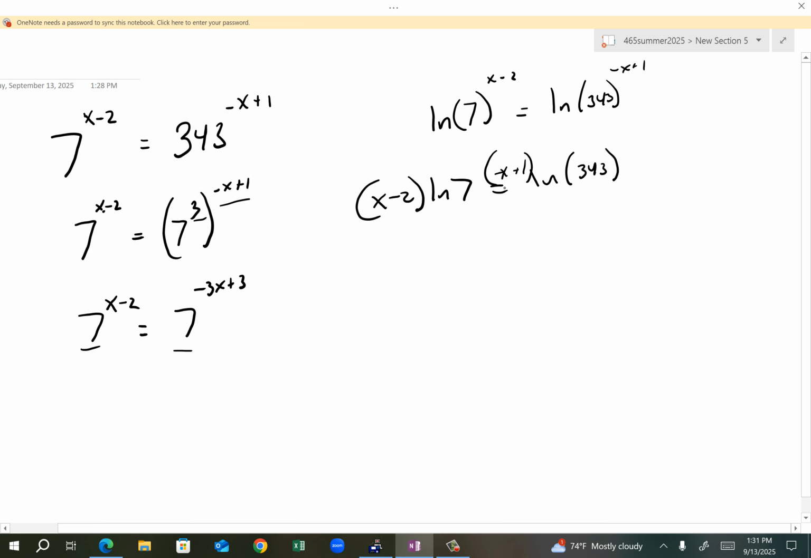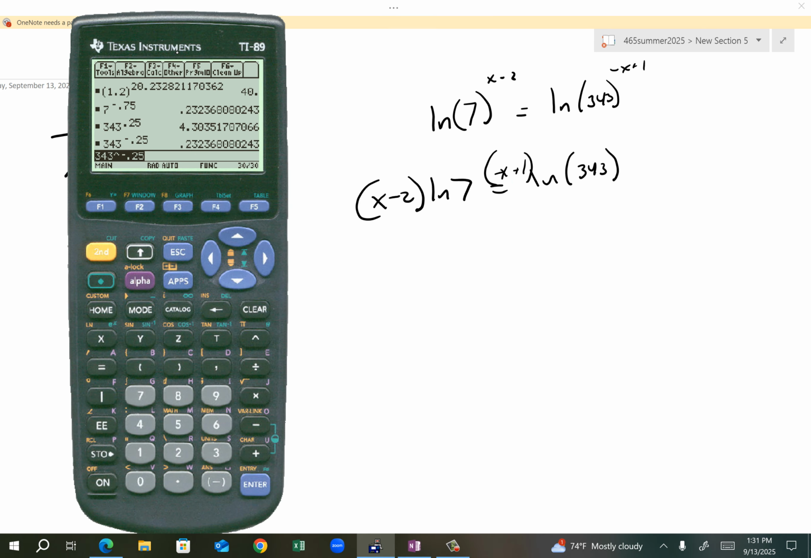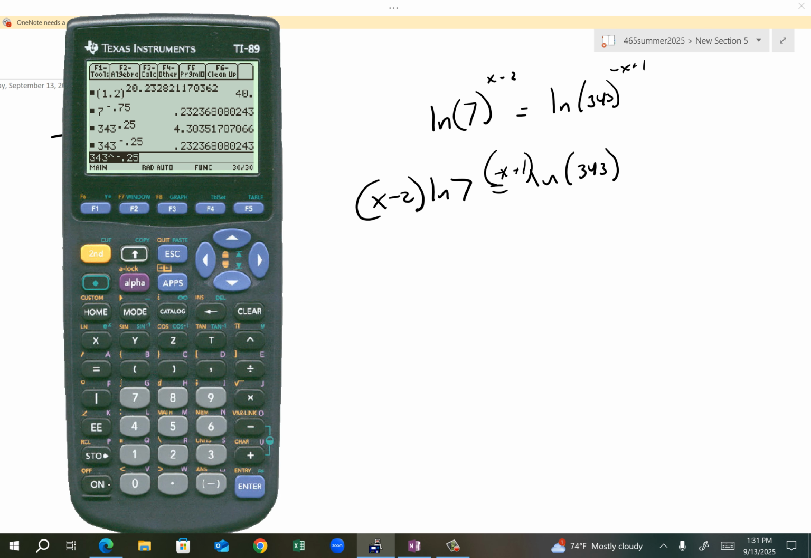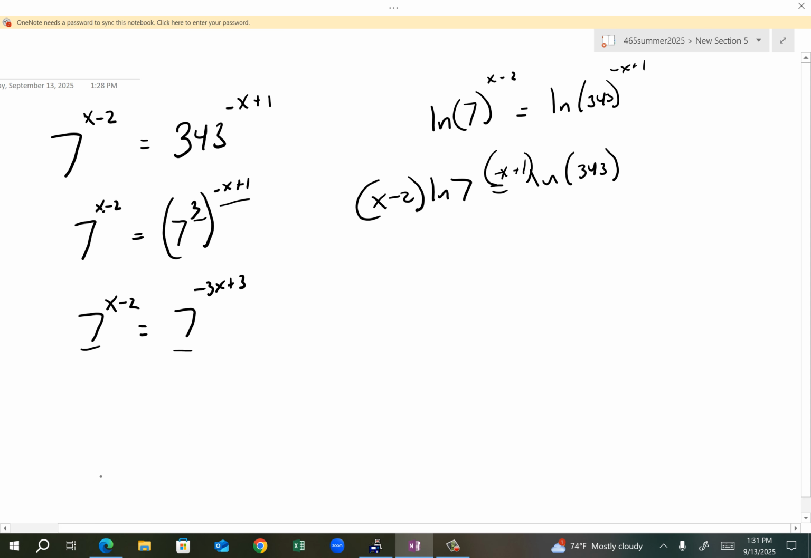And bring that out front like that. Now the ln of 7. I'm going to divide both sides by the ln of 7, just for fun. And so if I do that, the ln